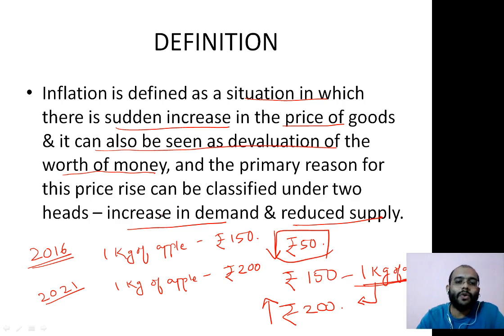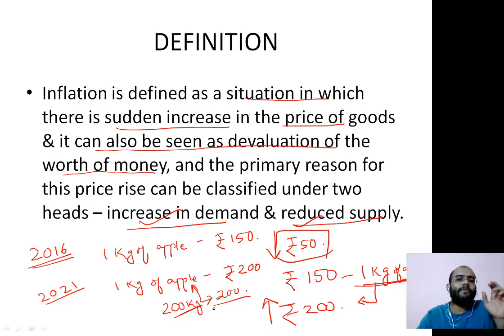This is what is known as inflation. Why does it occur? Due to increase in demand or reduced supply. Suppose in India we have 200 kg of apples in total and we have 4 to 5 persons. This is sufficient for them. Suppose we got some tourists and now there are 200 people in the nation. Is 200 kg going to be sufficient? No. Demand increased, quantity remained the same. Therefore, the price will increase.